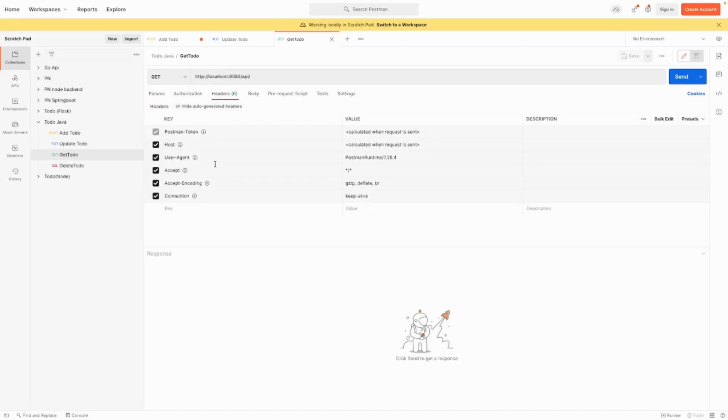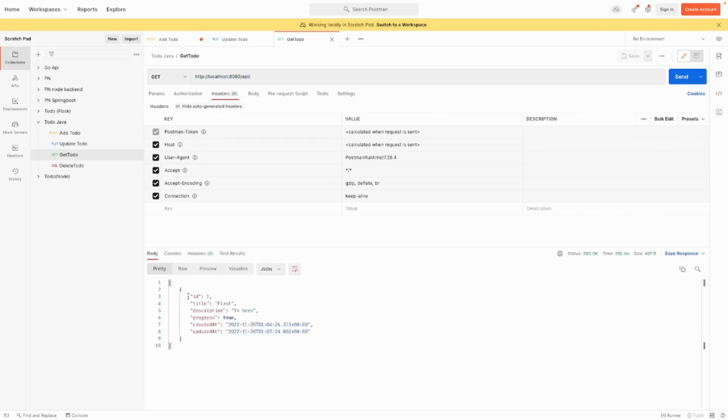And we can have headers if we want. You can see there's fewer headers in this case, 6 compared to the 8 before, but all we expect is that when we go to this endpoint right here and we use the GET HTTP method, we're just trying to get all the to-do items that the server has. So when I press send, boom, you see that it's returning an array of objects with the to-do items